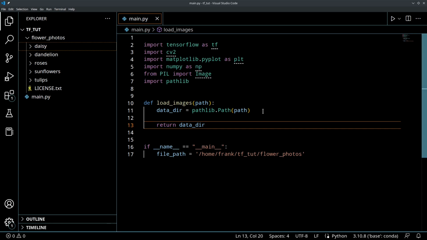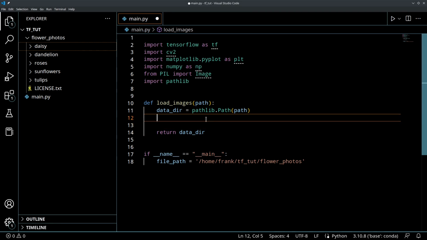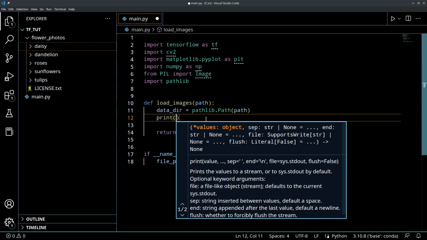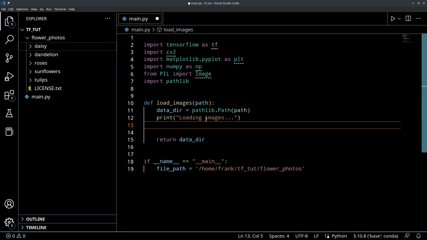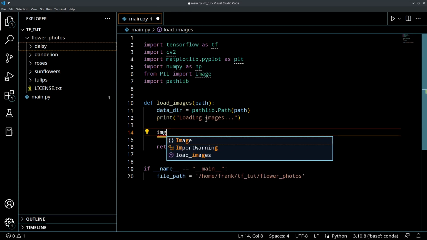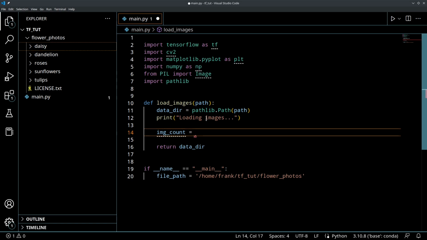But the reason I like to have a separate little function here is we may want to add other things. So we may want to add, for example, a print statement for loading images. And then let's say we want to return how many images are found in that directory. That's kind of useful. What we could say is our image count is equal to